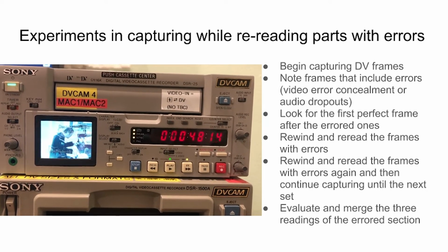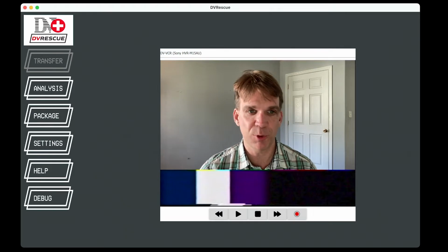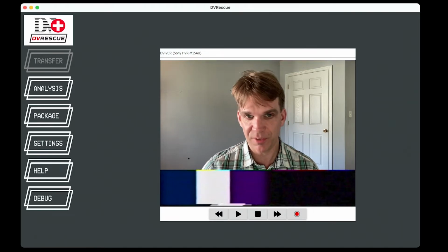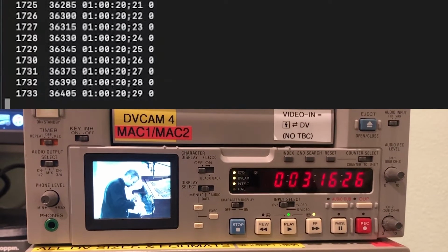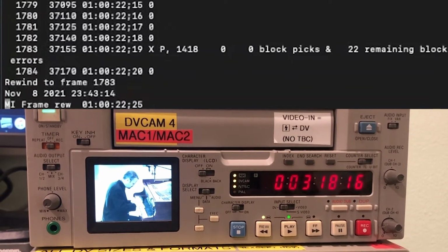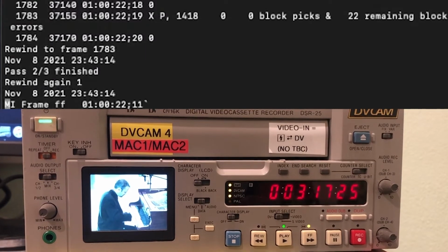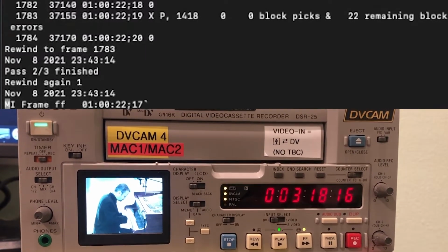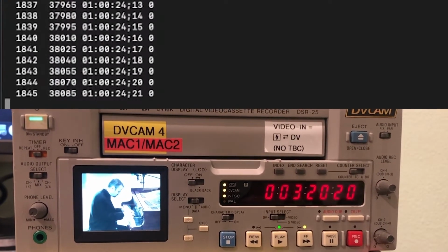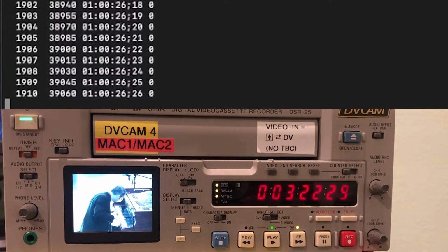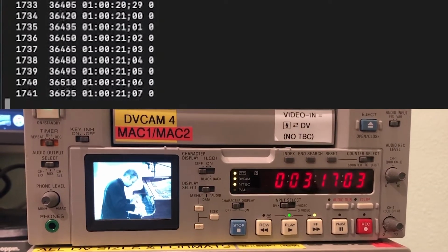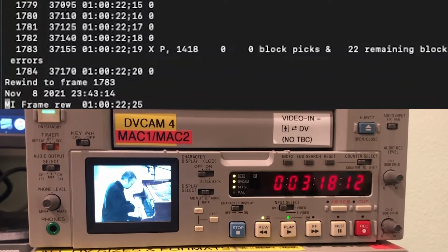Having this triple take on sections with known errors gives us a more accurate output than is possible in a single take. And in this clip, you can see the triple take in action on this deck, which is showing a preview of the image and the timecode. So you can see as it's playing along, the software notices the error and begins a process of rewinding to do this kind of triple take pattern, where a section of the tape is reread multiple times as the continuous